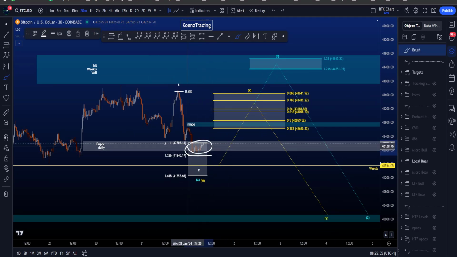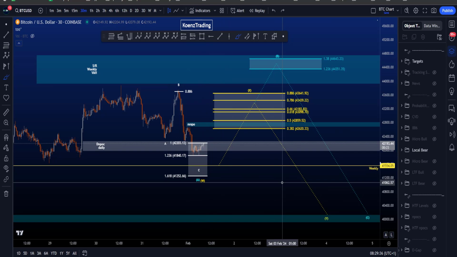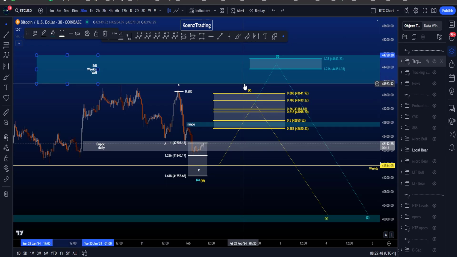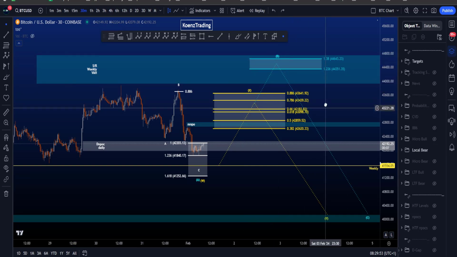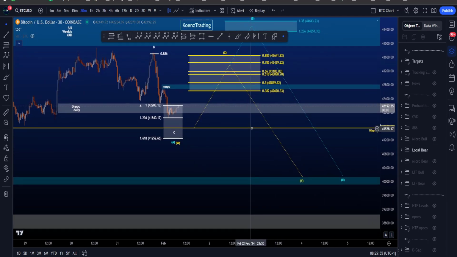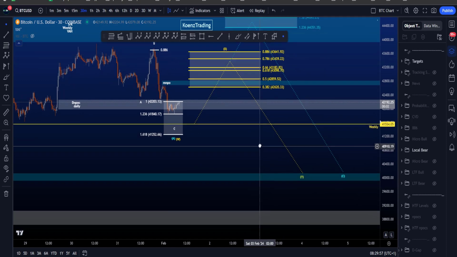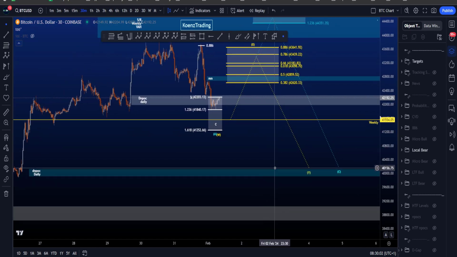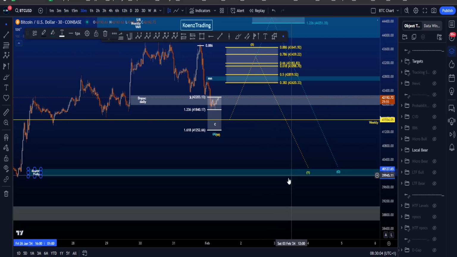At the moment here we are ranging on support, but we still have the weekly level just below at 41.5k. Above us we have a little bit of resistance, 42.6 to 42.8k. Interesting for a potential X, of course, but when we look at the potential B here, 43.9k to 44.7k is interesting additional resistance, and to the downside, if we would lose this weekly level at 41.5k, there is not too much support here, and then the probabilities definitely increase to move to the blue box that I have here, 39.9k